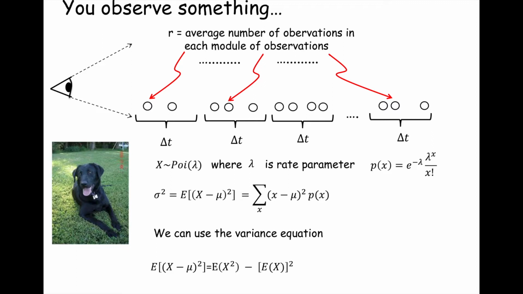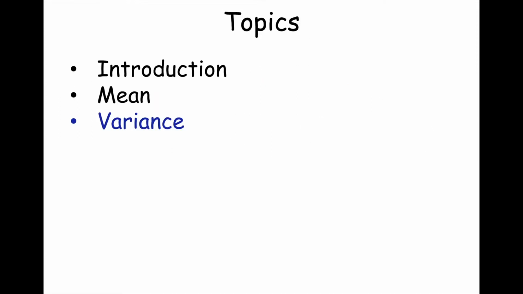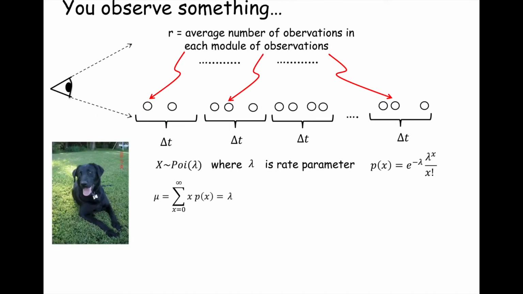Okay, so we're going to use this variance equation to derive the expression for the variance of the Poisson distribution. So we do have one of the pieces. We just got done on the previous slide proving that the mean, or E of x, for the Poisson, or mu, is equal to lambda. So if we're going to use this variance equation, we already know what this E of x quantity squared is. Well, E of x is equal to lambda, quantity squared makes it lambda squared. So we're kind of halfway there with the variance of a Poisson distribution.